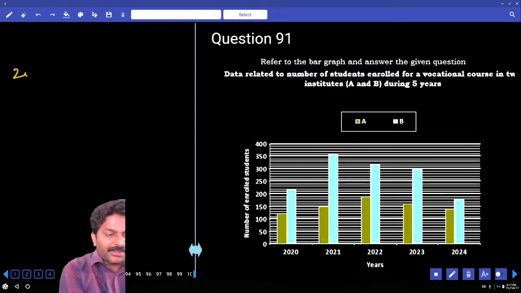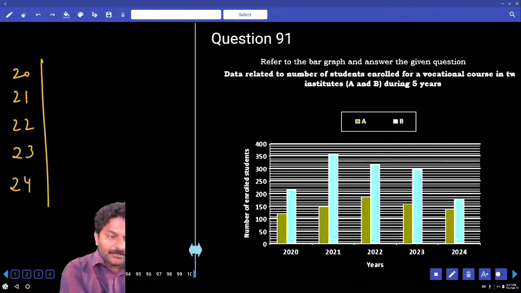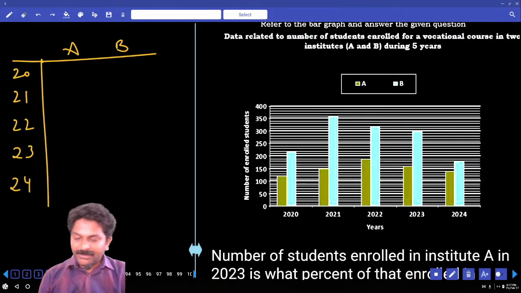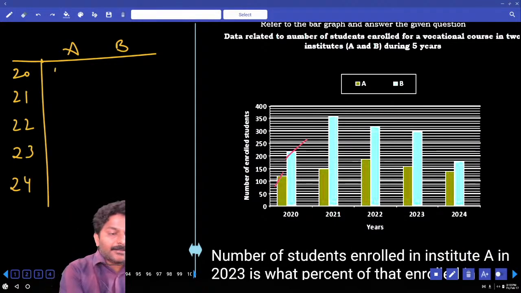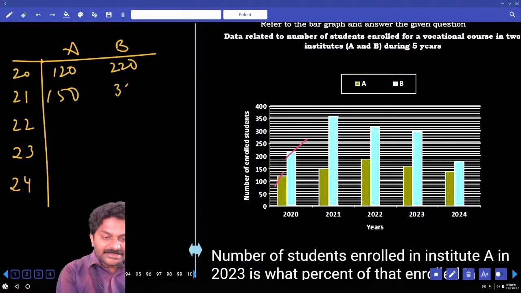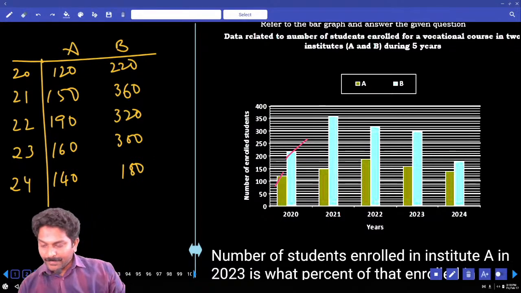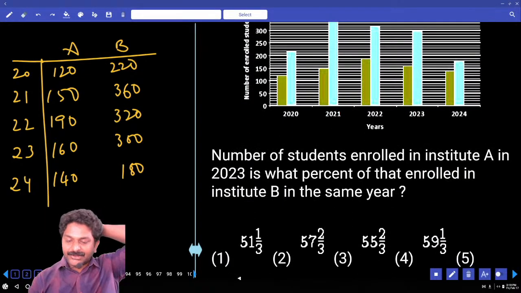So we have 2020, 2021, 22, 23 and 24. Data in terms of numbers is not there, so we need to prepare the table, correct? Tell me the numbers. 120, 220, 150, 360, 190, 320, 160, 300, 140, 180. Right. Number of students enrolled in Institute A in 2023